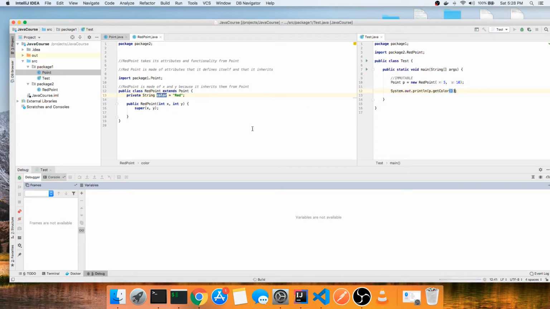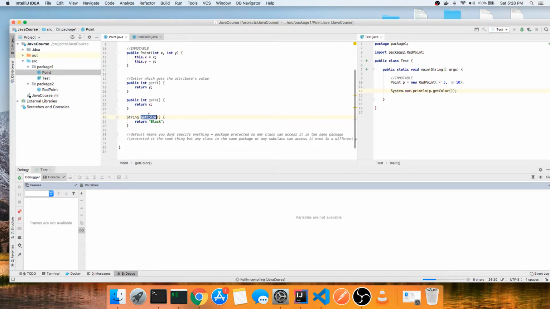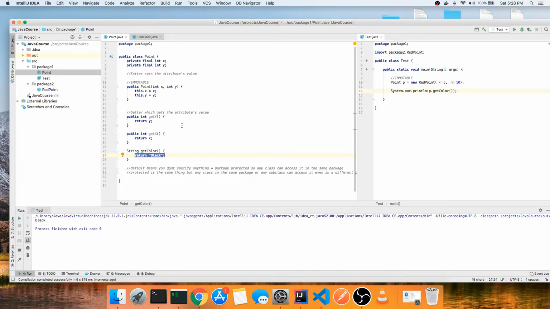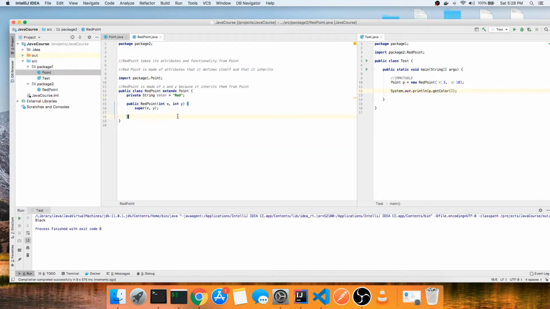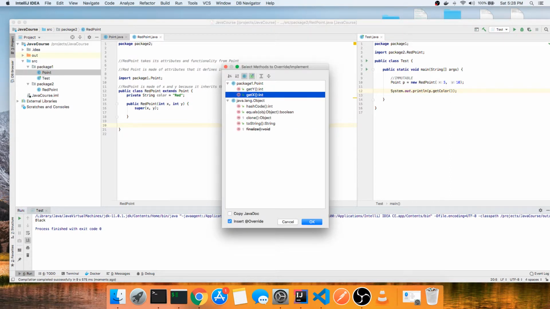And the reason why is we're calling get color. And that returns black, right? And we're not overriding this function. So in other words, if we override this function, so if you do Command N or Control N and we say override methods, we can say we're going to override